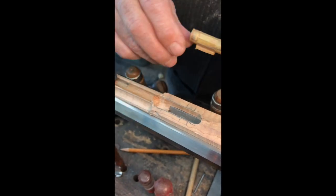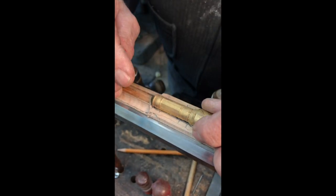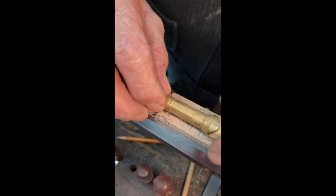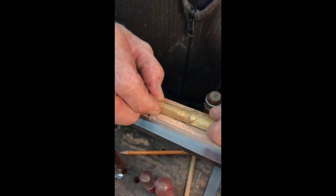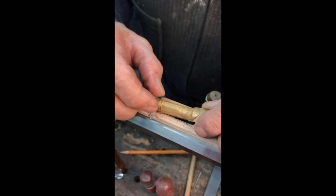Now, the side edges, you see I can lay that in there, and as long as those rims line up with those pencil marks, I don't have to bother putting that screw back in. I'm just checking where my pencil line is. It looks good. So now I'm going to slide this panel off,